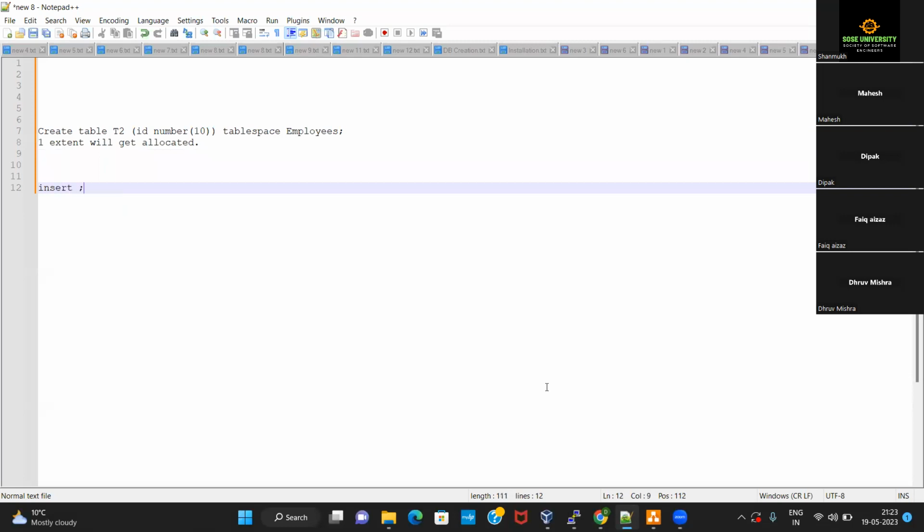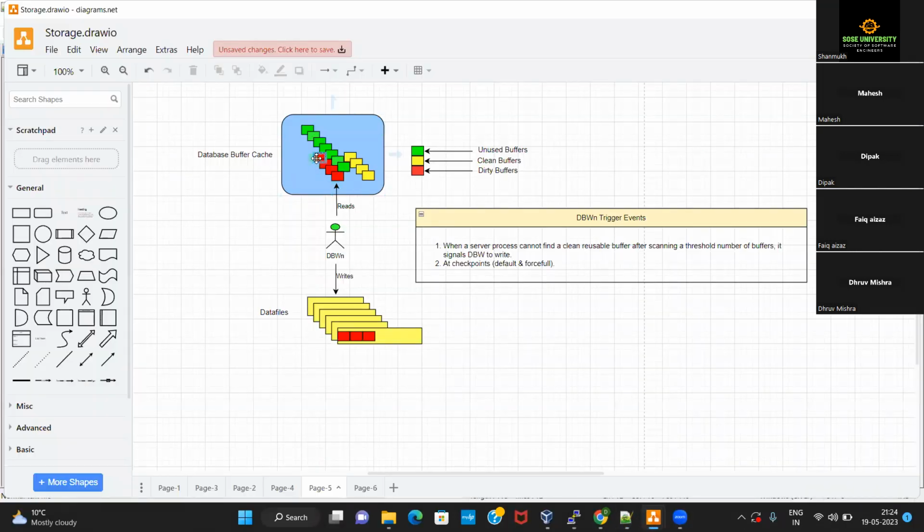But for processing that new SQL statement, if there are no free, unused or clean buffers present inside the database buffer cache, Oracle will have to apply an LRU algorithm, and at the same time it will also write the previously present dirty buffers from the database buffer cache onto the data files.